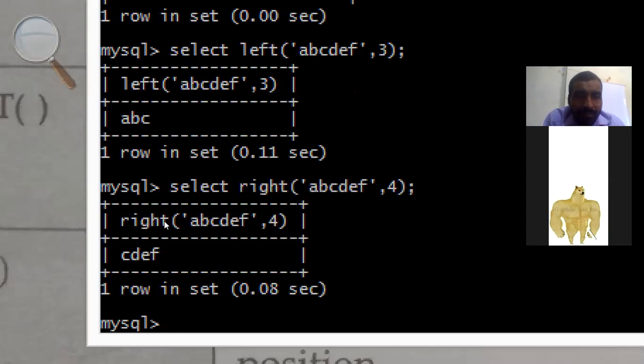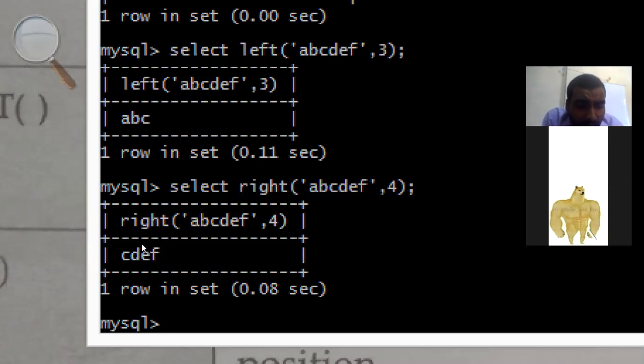So you can see from the right side, the 4 letters have been provided, that is C, D, E, F. The letters will be provided in the same sequence as they are given. 4 letters will be provided from the right side.